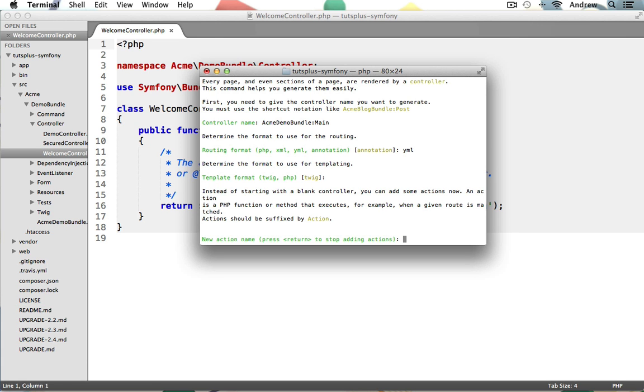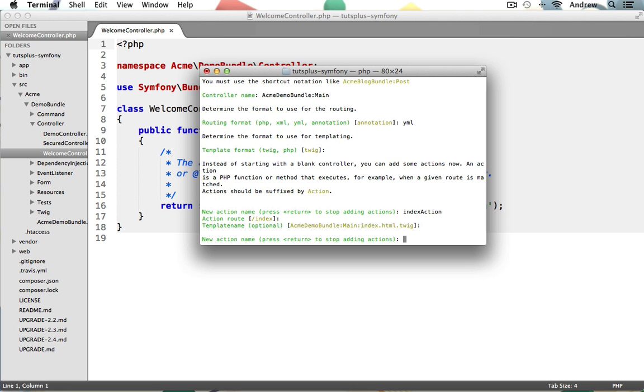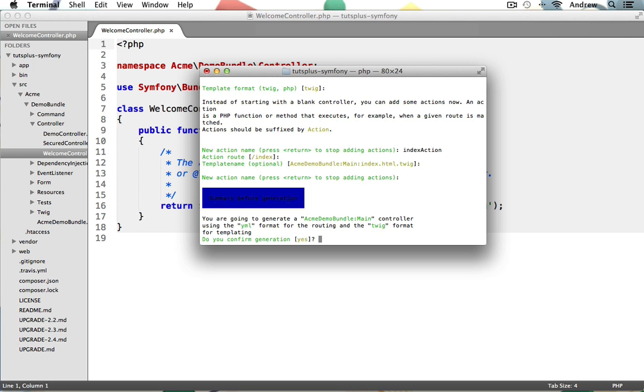Now, the cool thing about this controller generator is you can also have it stub out a few controllers or actions for you at the same time that your controller class is created. So let's create an index action named indexAction. So we start with index and then the suffix Action with a capital A. Additionally, our controller generate command will create both a proper route for this new index action and its view template. So just hit enter 3 times to confirm these choices and to give the OK to create all of these